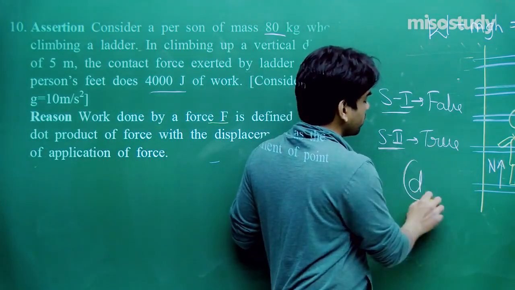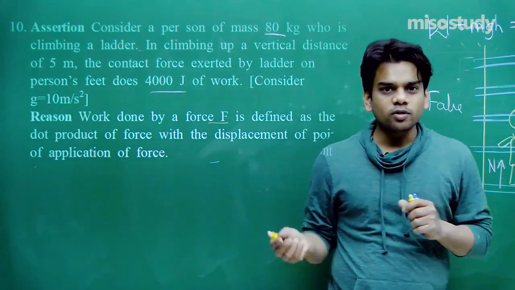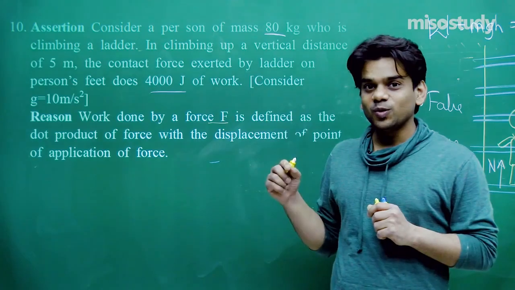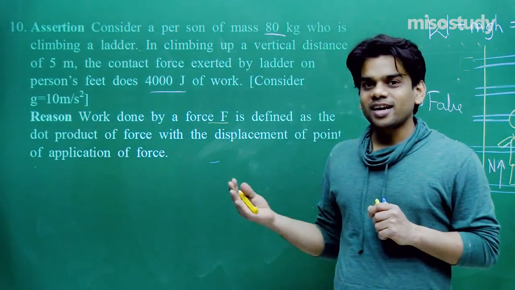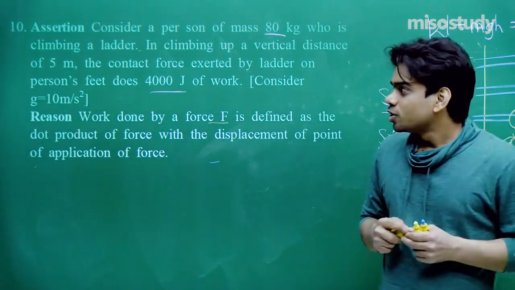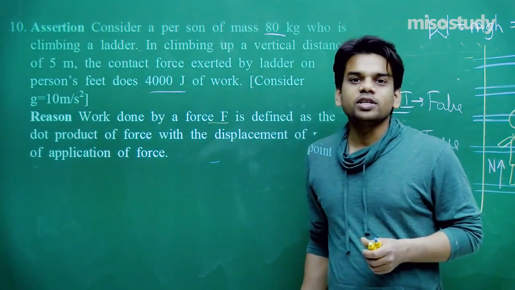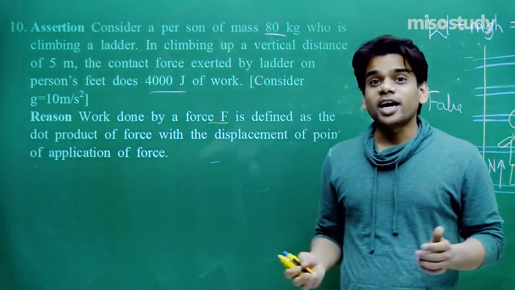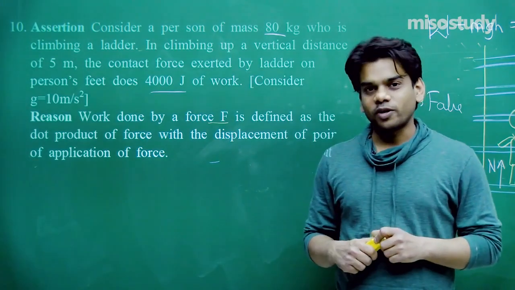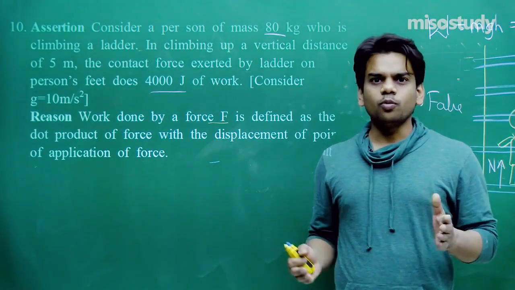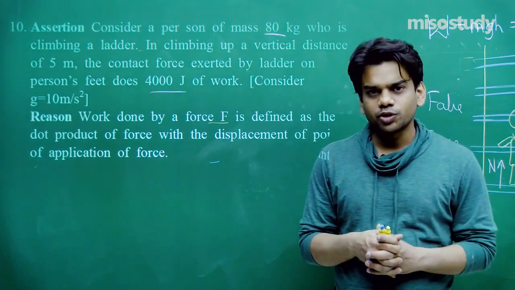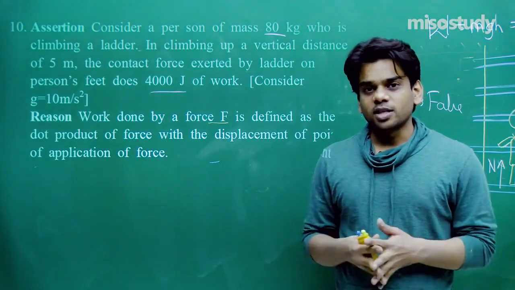As I told you, the statements used in assertion and reason: if statement 1 is incorrect and statement 2, that is the reason, is correct, you have to choose option number D. So this was the assertion reason kind of question. In today's class, we practiced single choice, more than one choice, integer type, and even assertion reason kind of questions. And there are more patterns. Even matrix match also comes in JEE Advanced questions, and you can practice them also.